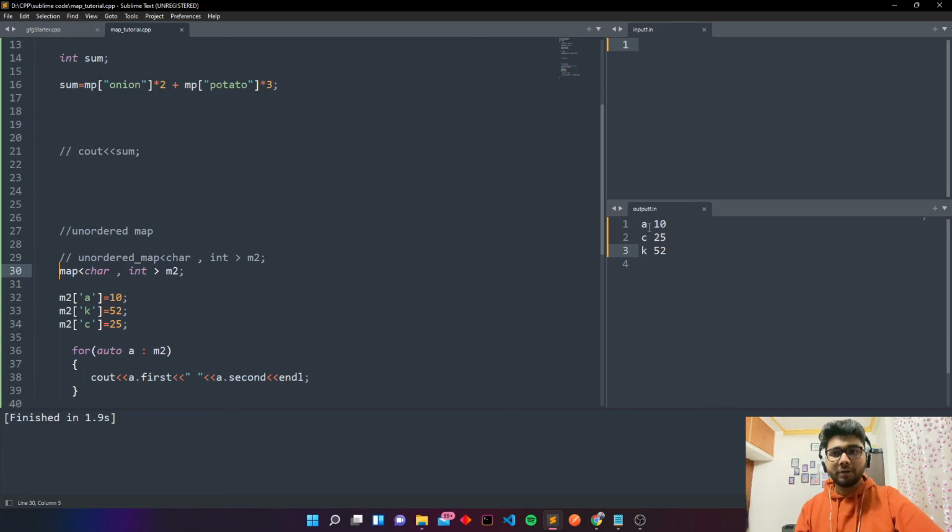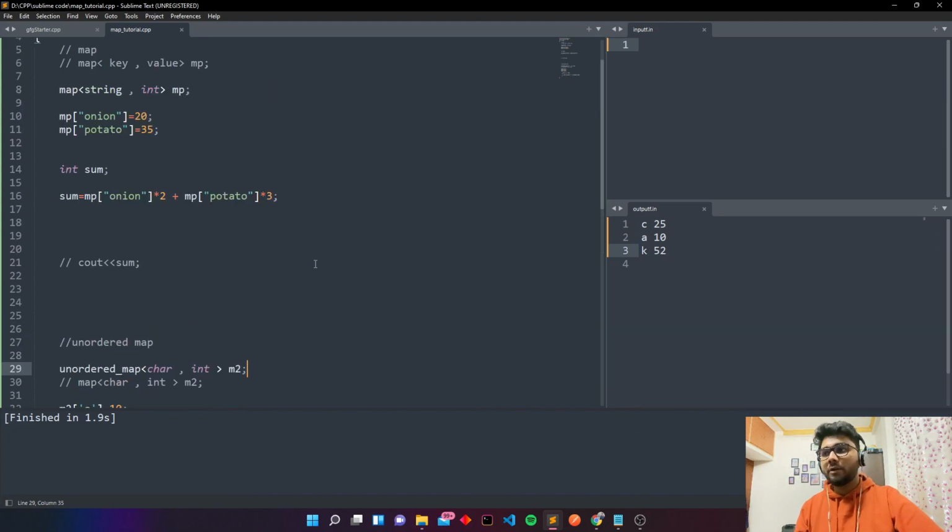So here in sorted way a comes first and then c and then k. So here you can see I have written a, k, c. Okay, using the map it has sorted the values according to the key, and if we use hashing you can see the values are in any form. You can't say in which form they are saved. It's hashing and it may use hybrid algorithms behind it.